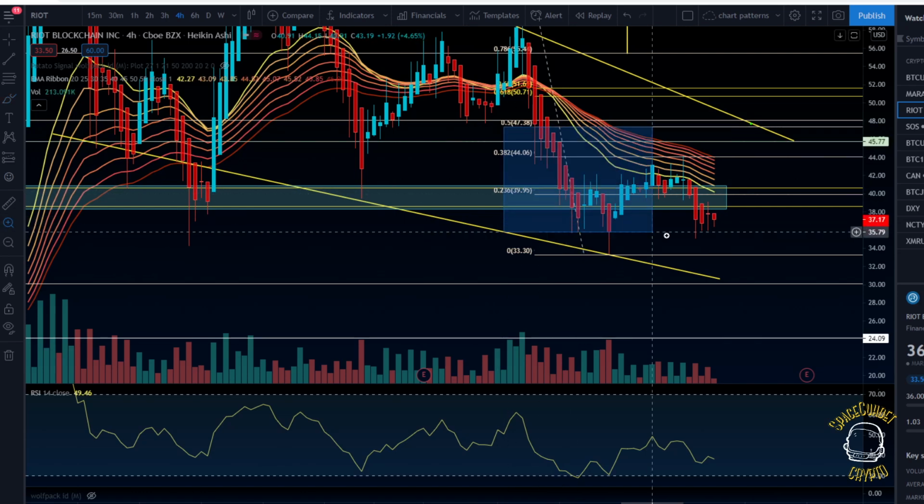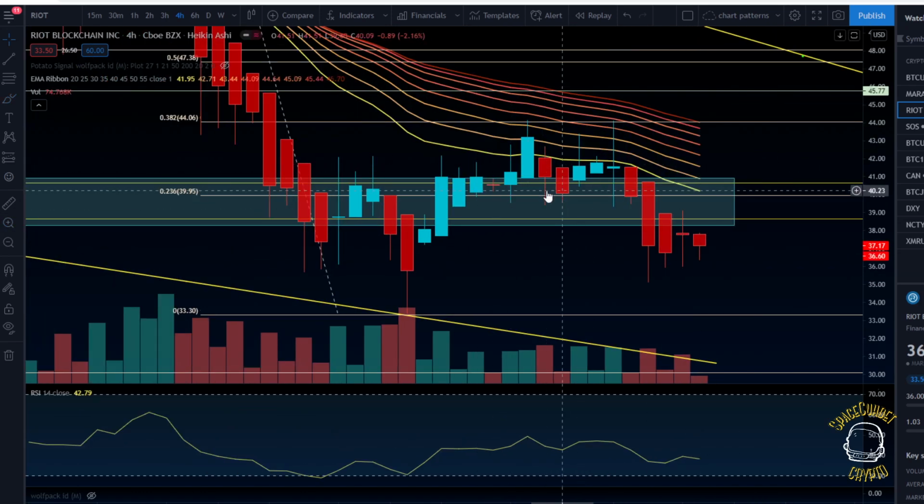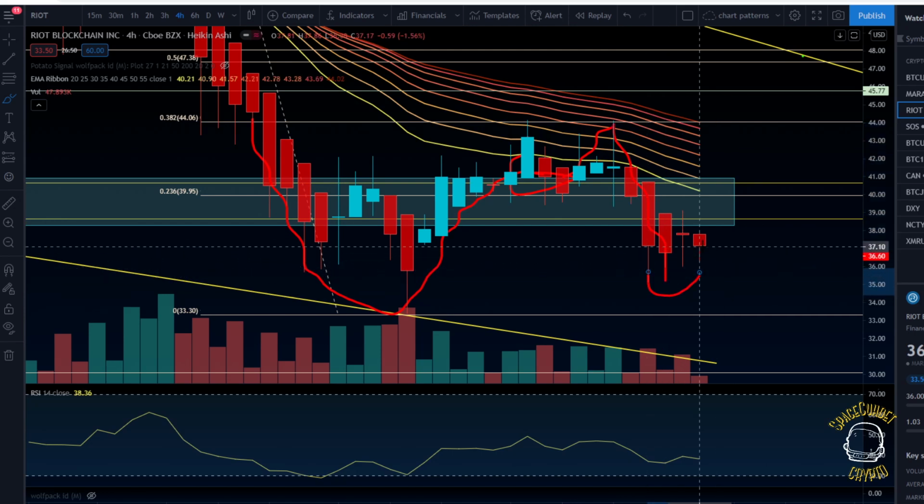Since this is the 4-hourly chart, let's zoom in a little bit more. As you can see, perfect confluence with my support box here. We broke down, tried to retest the area up here, and closed a couple of 4-hourly candles here, trying to push price through this EMA ribbon, but ultimately only got wicks to the upside. Price got pushed back down, found our second bottom right here, and now we're continuing to retest this 38